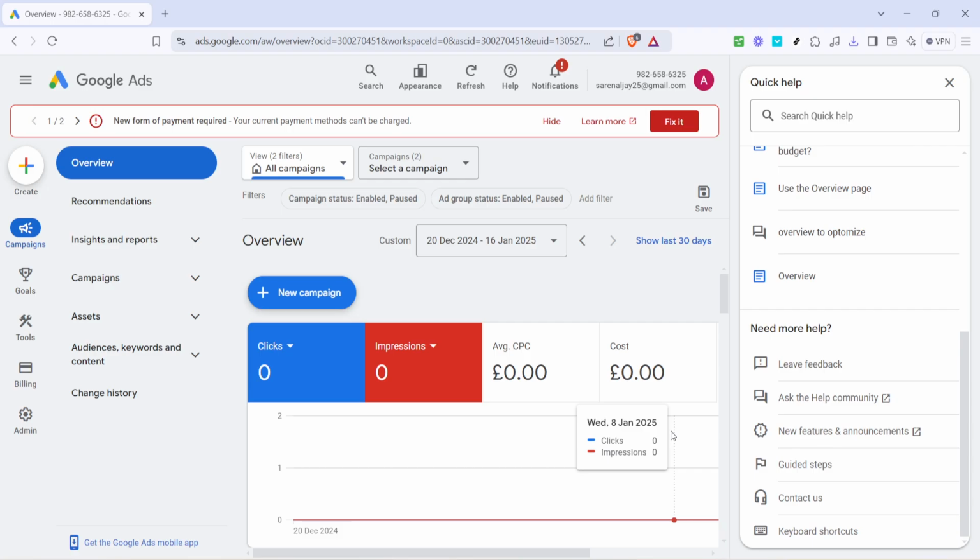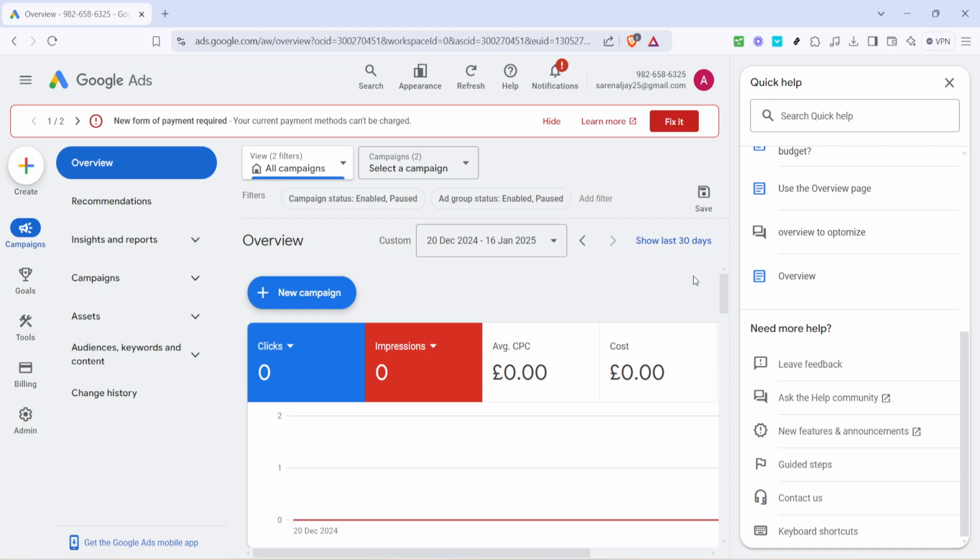Once you click on Contact Us, Google will guide you through a series of prompts designed to define your issue more accurately. This step is crucial as it helps streamline your support experience by directing you to the most relevant resources or specialists who can resolve your query efficiently. As you go through these prompts, you'll eventually arrive at the selection for how you'd like to connect with support. Here, you'll have the option to choose between connecting via email, initiating a live chat, or calling directly.